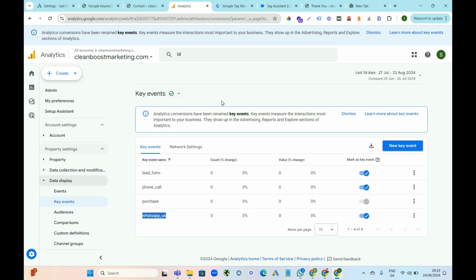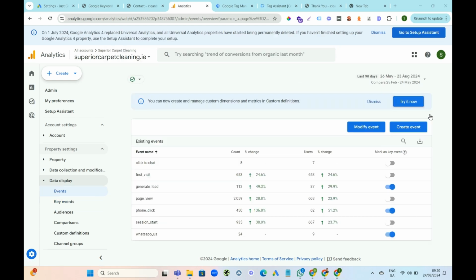on your Google Analytics, after a few days or maybe after a few weeks, you're going to start seeing these little tickers increase, and I'm actually going to show you a local website that I do that has this on their site. So this is just a local website that we do, a carpet cleaning company in Limerick where I'm from, and how I like to do it is I like to go to events, and I like to just